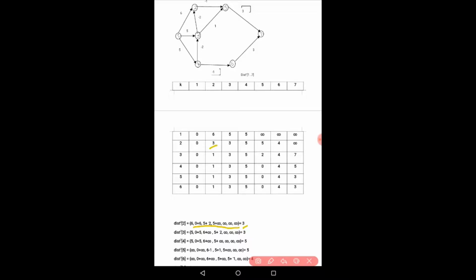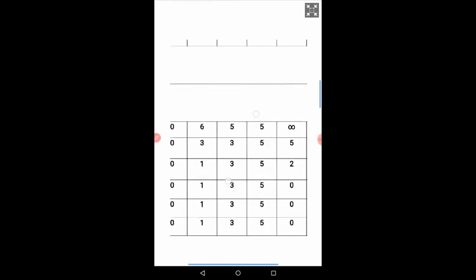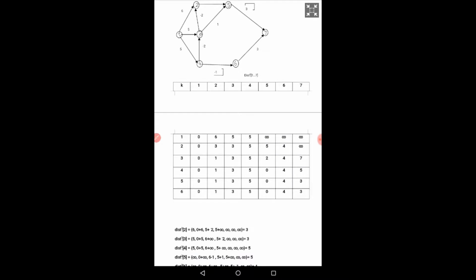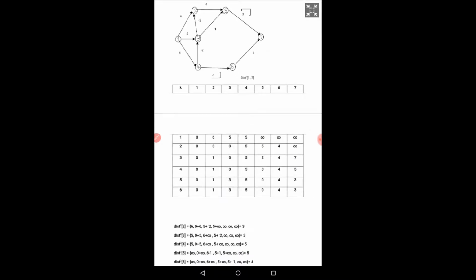So I have filled one cell of this table. I have filled the first row with direct values, the first column with zeros. Then next I have filled this cell. Then I have to go for the next cell, that is 3. This value, how I get this 3 value, that I have to find. So now I have to fill this cell. So filling this cell means what? Again I had to